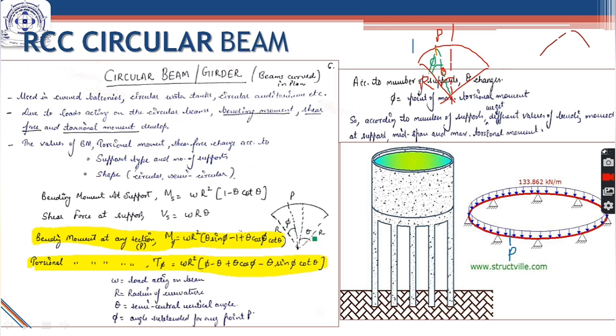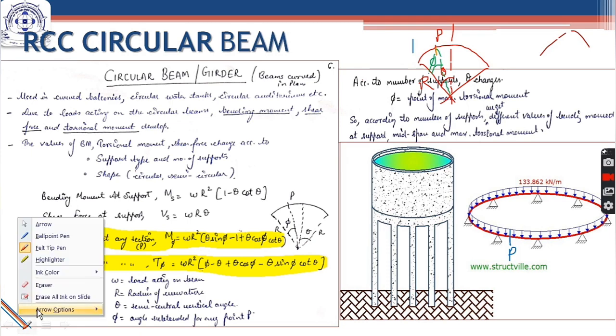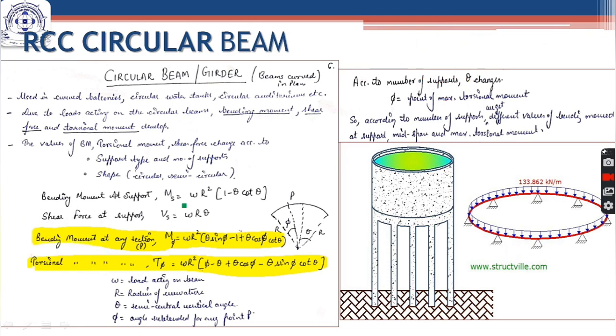It is very essential for understanding this particular topic. Okay, so I hope you are clear now what is a circular beam. Now, as I told you, what we do here is we calculate the bending moments at different points of the circular beam, and then we provide the reinforcement. But it is not as in the case of your linear beams, rectangular beams.